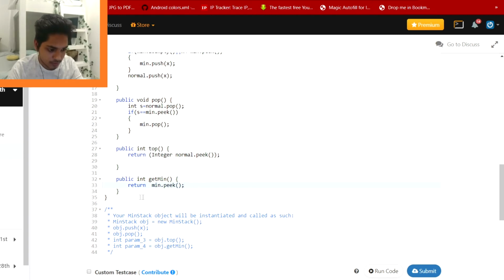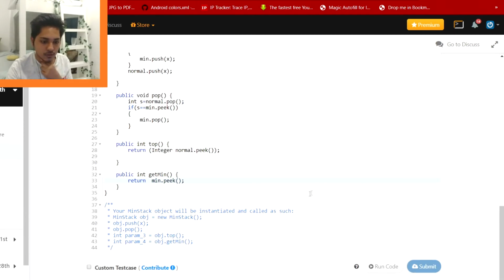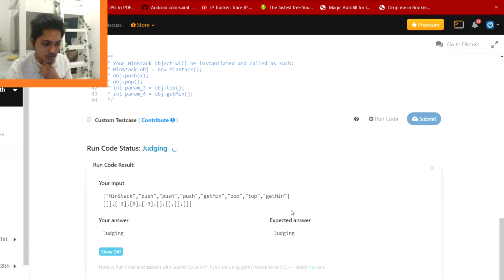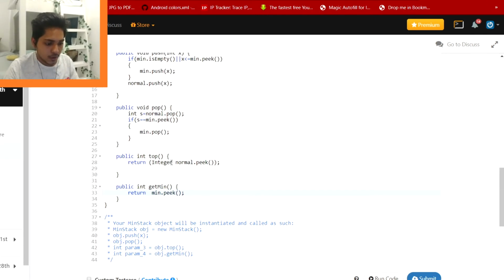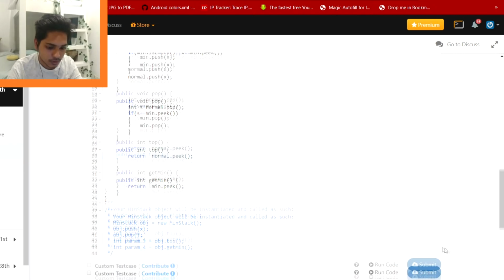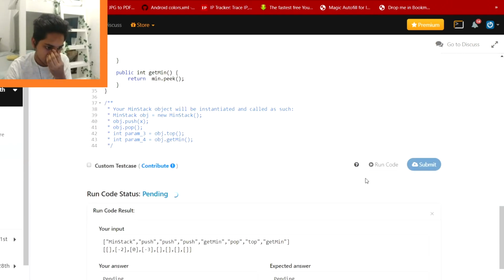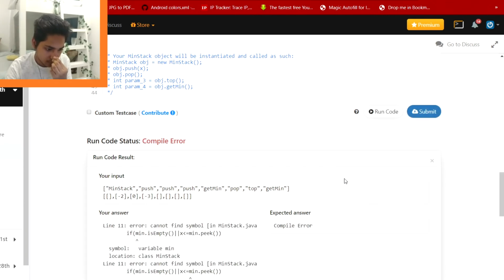Yeah, it's actually fine in this. And let's run the code again. Expected this, and Java. Okay, fine. Let's remove this also from here. Right, let's run the code. I think this should be fine.